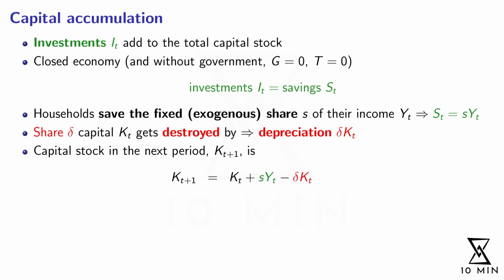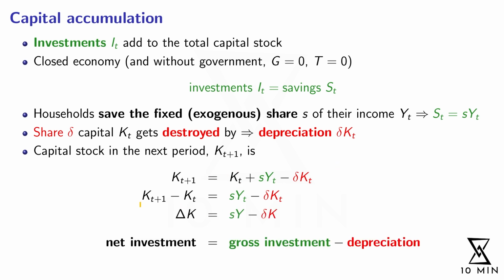So let's combine everything. If right now we have the capital stock K_t, then our savings, and therefore the investment, s times Y, will be added to it, and at the same time the amount delta times K of capital is depreciated. This means our current capital stock plus the new investment net of depreciation is going to be the capital stock in the next period, t plus 1. We can rewrite this by simply dragging the K_t from the right hand side to the left hand side, then obviously with a minus. And now we realize that on the left hand side we have the absolute change of our capital stock between this period and the next one.